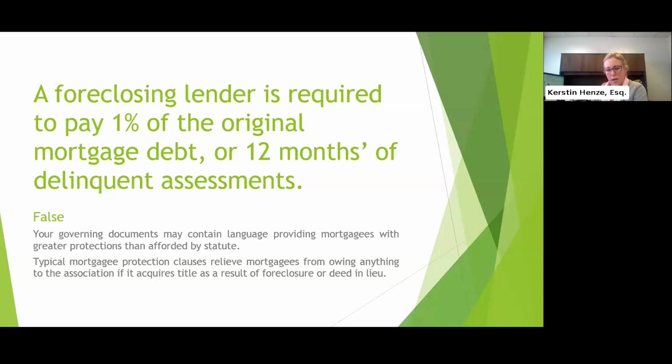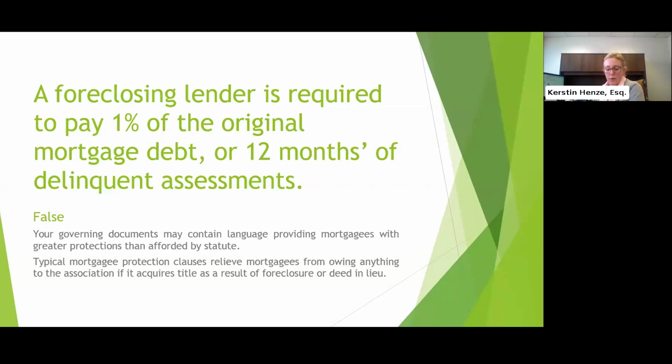Look for language about a mortgagee's liability for assessments that accrued prior to them taking title through foreclosure. Because you might have language that gives these mortgagees way more protection than the statute provides. It might actually say that lenders that foreclose don't owe anything to the association. Unfortunately, many lenders over the years have been very successful in using those provisions in the declaration to basically get away with not paying past due assessments.